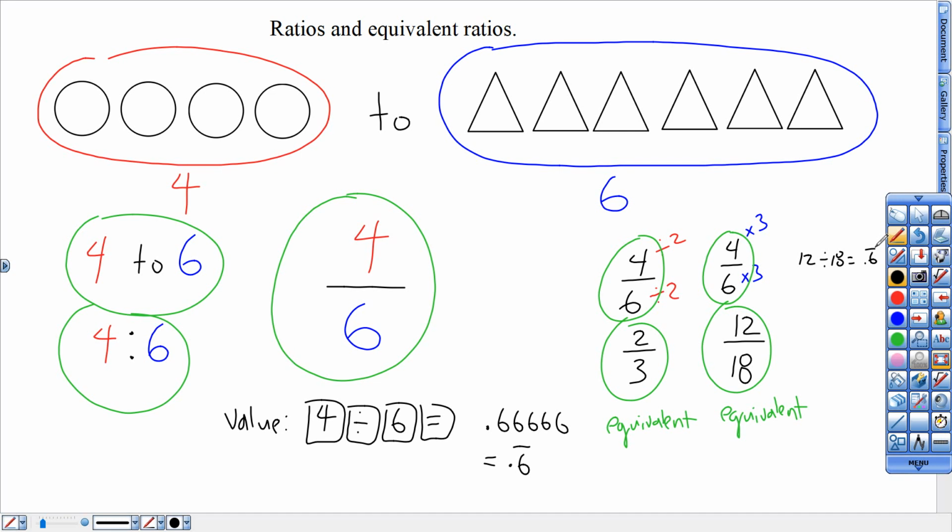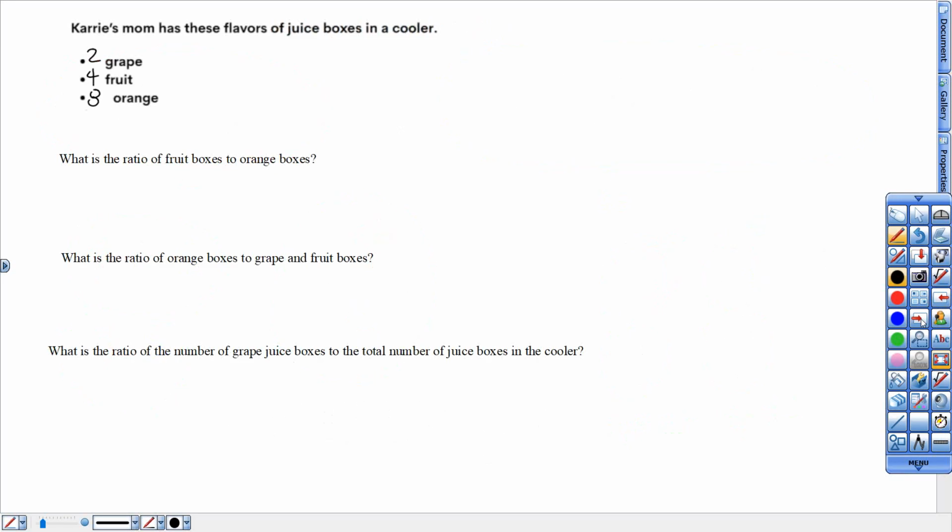All right, last set of problems. We're going to ask you specific ways to write ratios. I'm going to have you write all of this. You're getting points for this. So they're saying Carrie has a box of juice boxes. Here is the number of juice boxes. They're going to have you write ratios, and they're going to list it in the order the way they want it written. So the first one, ratio of fruit boxes